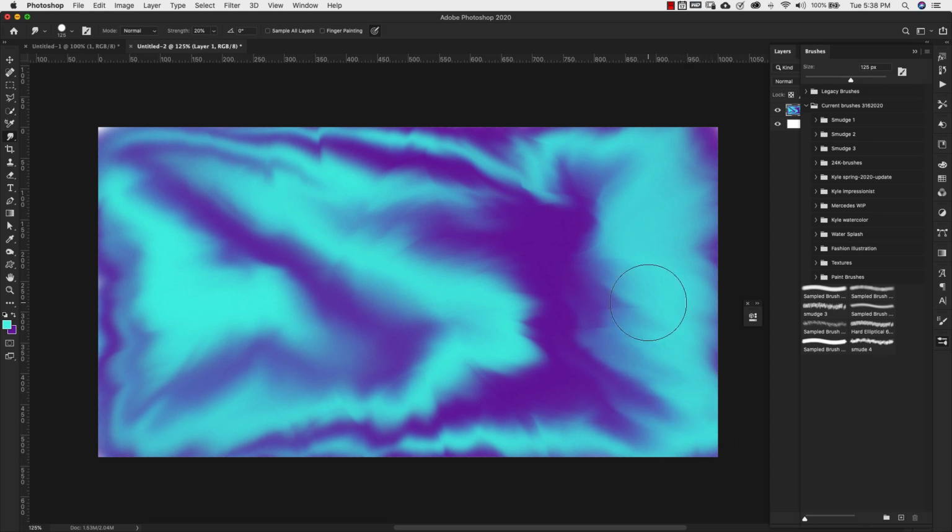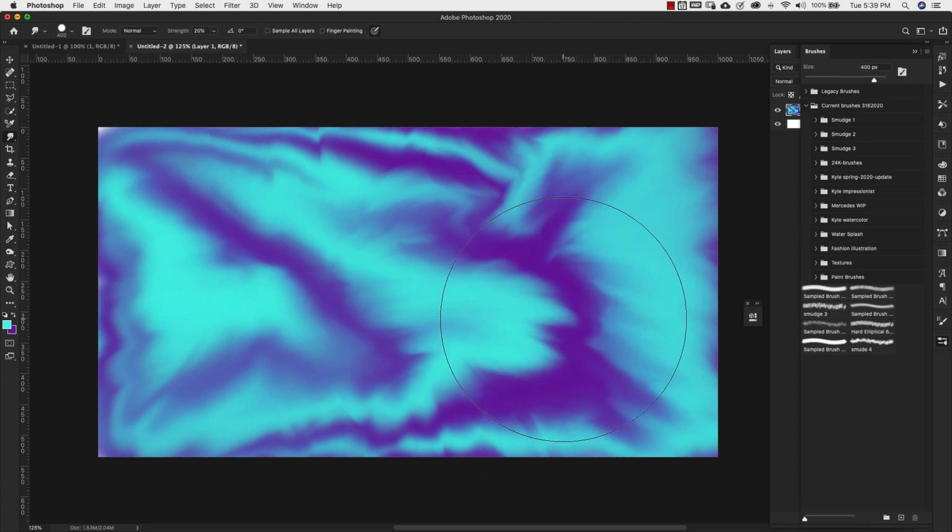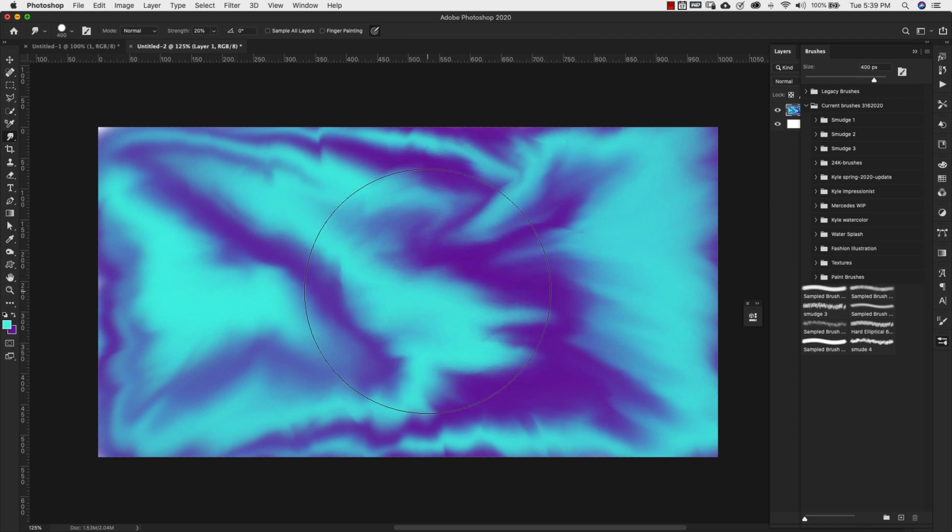So I can hear my processor start to come on right now. We're moving a lot of pixels around the canvas, so it is making the computer work a little bit. So you'll probably hear that fan coming on. But you can work with this as much as you like, and if you don't like what you came up with, just bring the size of your brush back up and start moving things around again. Bring it back down, work on details,